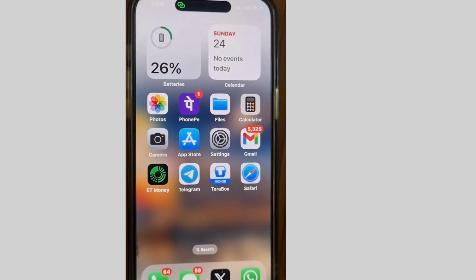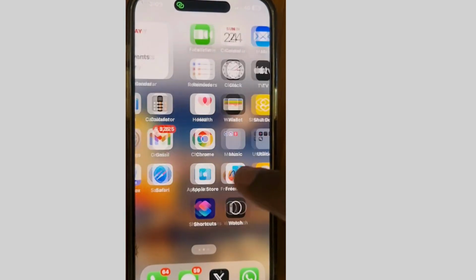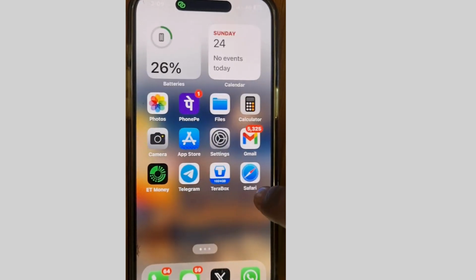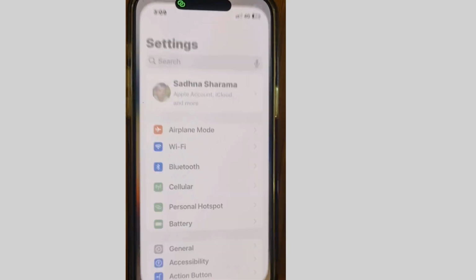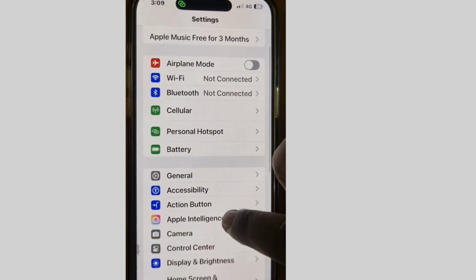Hi guys, in this video we will see iPhone privacy settings. You must keep your data safe and protected, and to apply privacy settings, the first one is